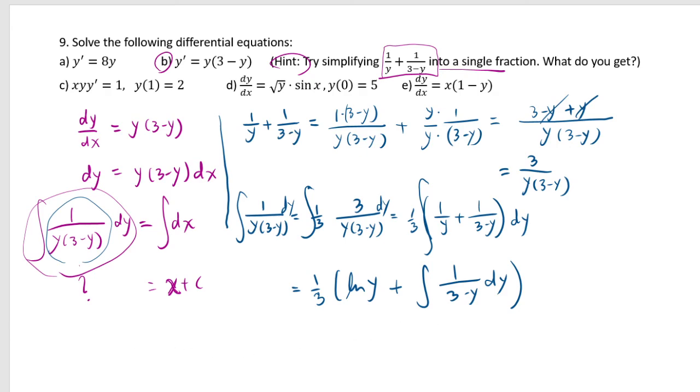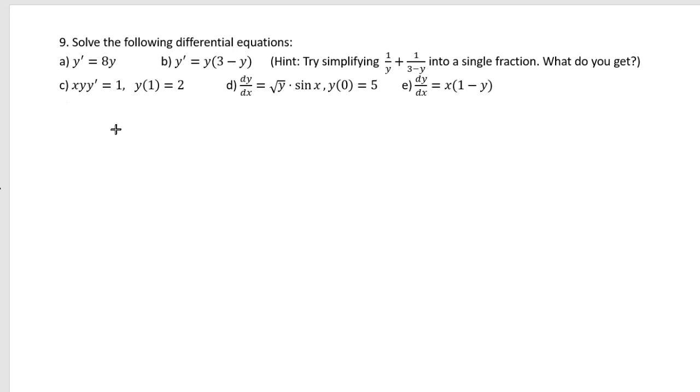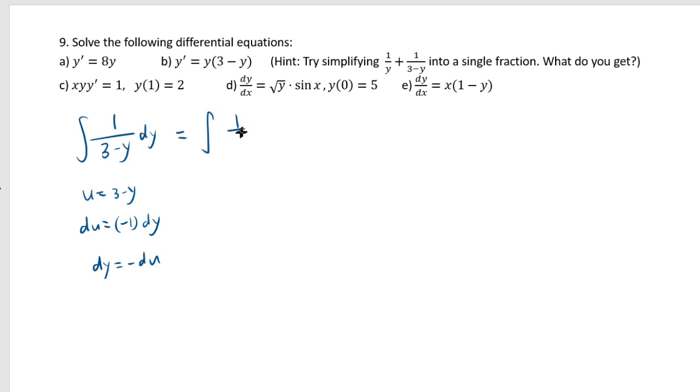So let's continue. Actually, this happens to be a very long question. If you have 1 over 3 minus y, then you have to do u substitution. u equals 3 minus y, so that du equals the derivative of 3, which is 0, and the derivative of negative y, which is negative 1, dy, so that dy would be negative du, and that transforms this integral into 1 over u